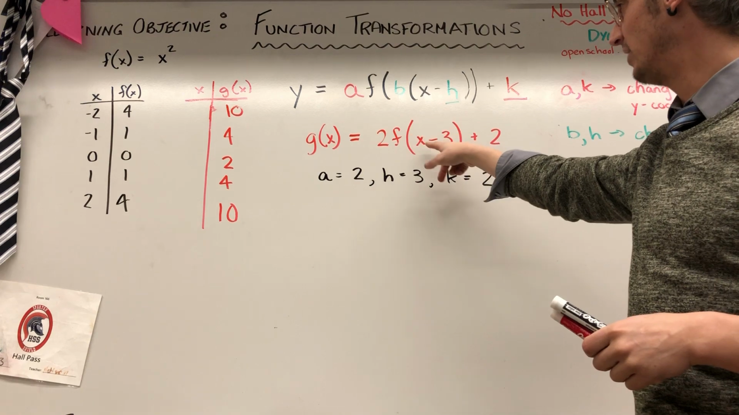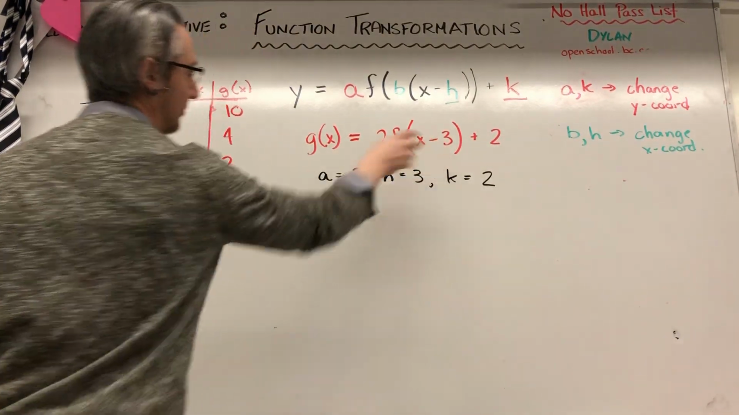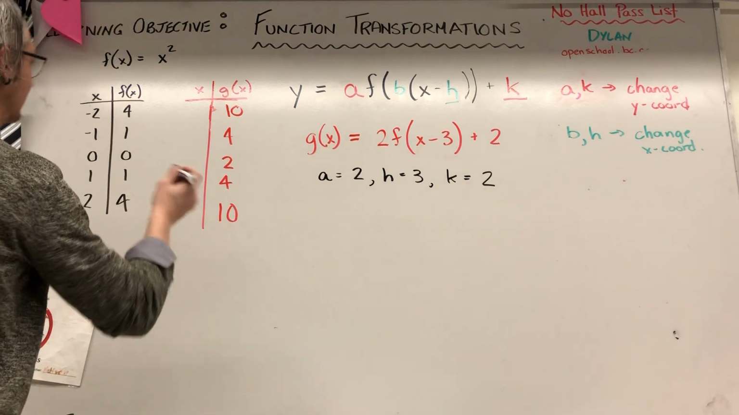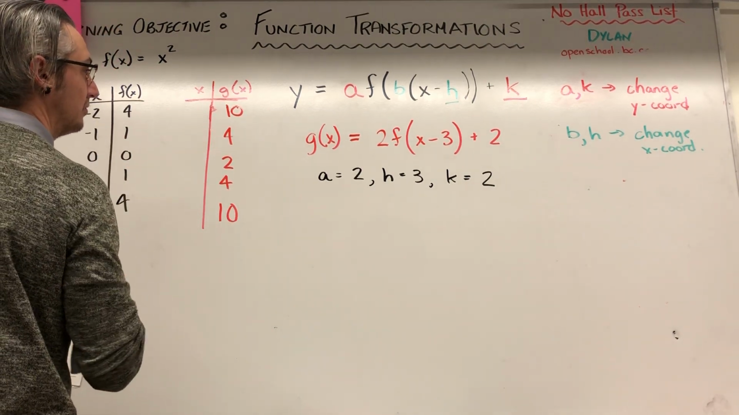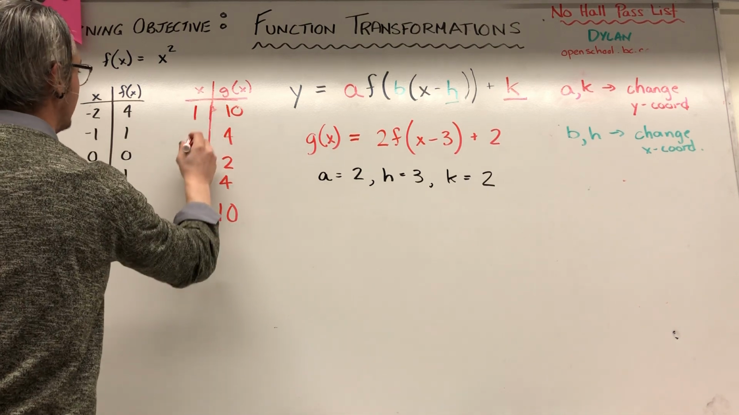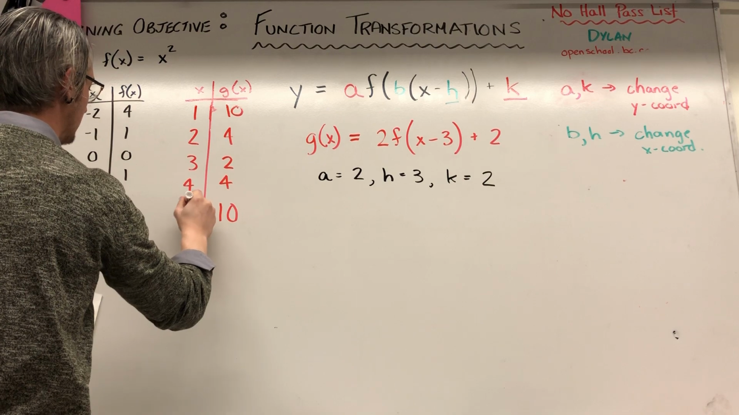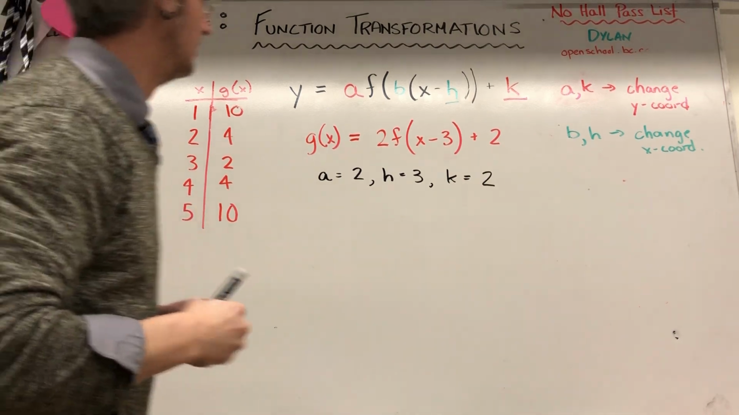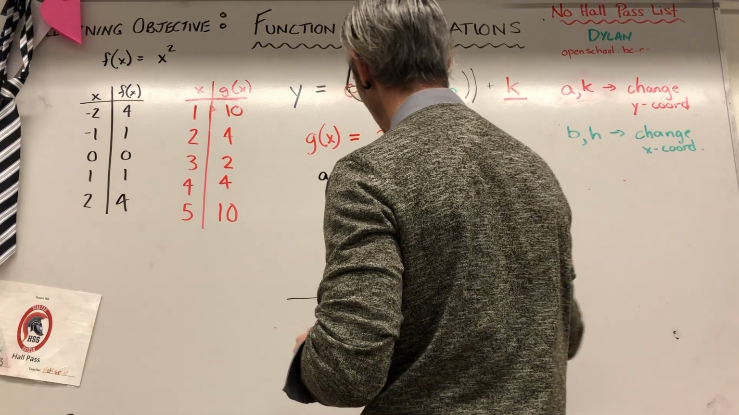I don't have any b, so I can go straight and just add 3 to each x. That's what happens with h. We just add it to the x. So I get negative 2. Negative 2 becomes plus 3, becomes 1. Negative 1 plus 3 is 2. 3, 4, and 5. So this is my new function, and if I were to graph the original, my original